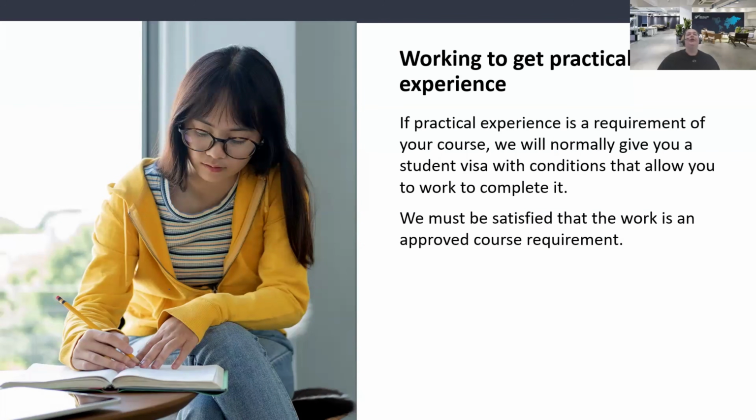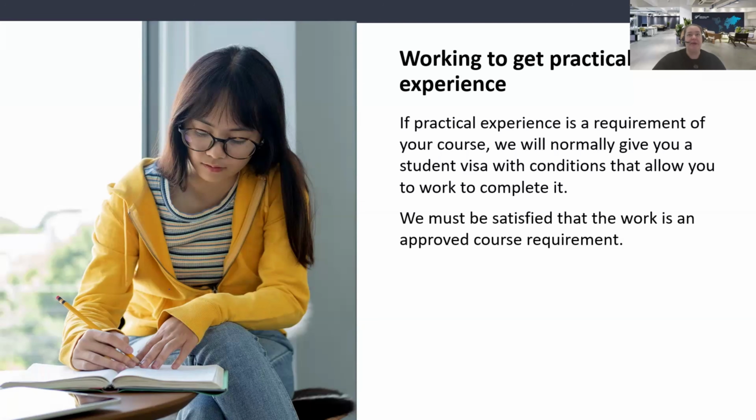Now we move on to working to get practical experience. So some courses in New Zealand include a practical work component as part of the qualification. This could be an internship, a work placement, a clinical placement, an industry project, or another form of practical experience that is required to complete your course.